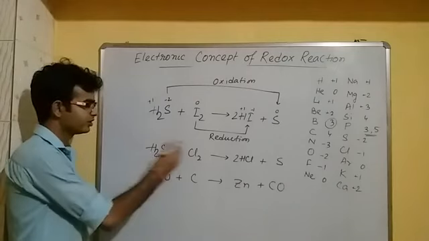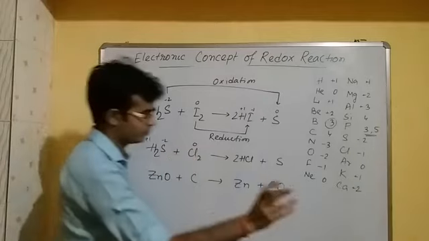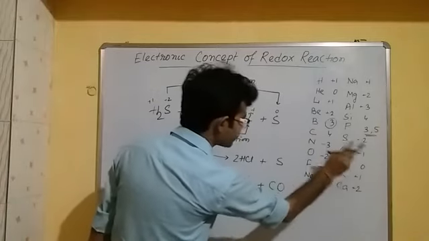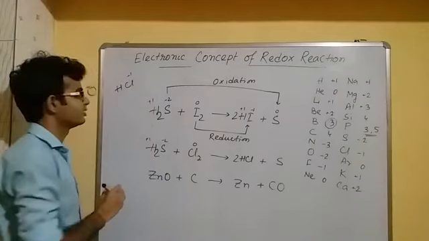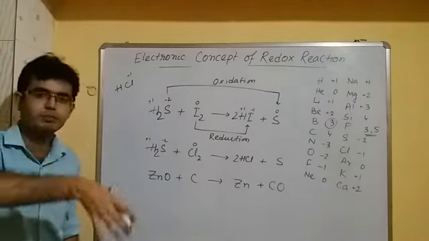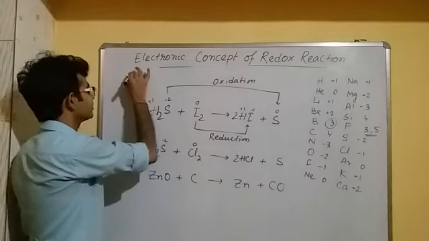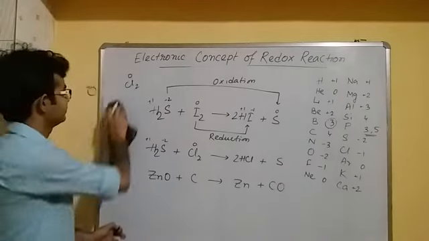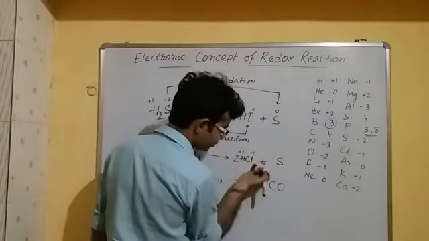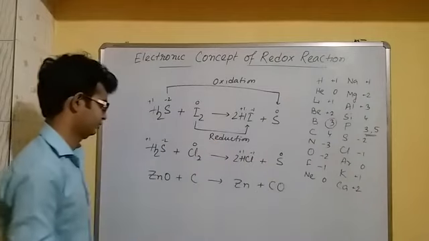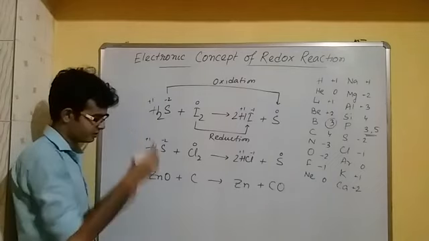Just write the oxidation number of the different elements: for hydrogen plus 1, sulfur minus 2, chlorine 0 as it is. Look at this. Chlorine, Cl, is minus 1. If it is in a compound, suppose HCl, then it is minus 1. But alone, as Cl2, it will be 0. Remember this one. So hydrogen is plus 1 within a compound, minus 1 in some, sulfur alone is 0. So you can easily identify whether the oxidation number increases or decreases, and then you can identify the oxidation reduction reaction.